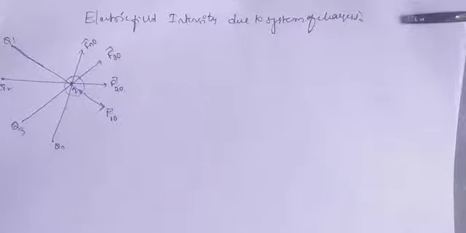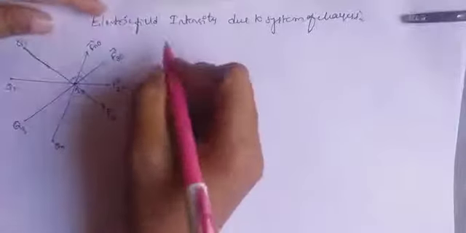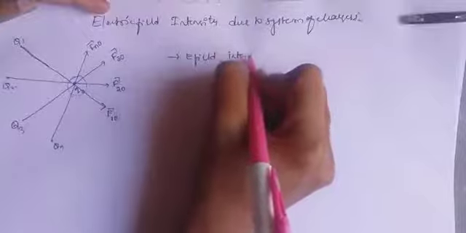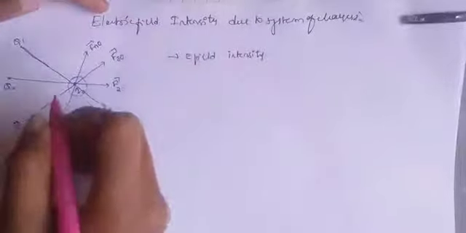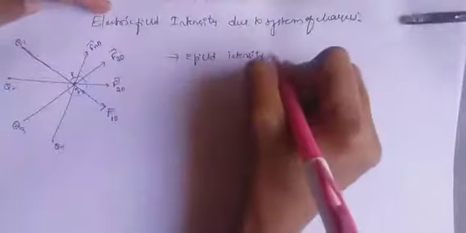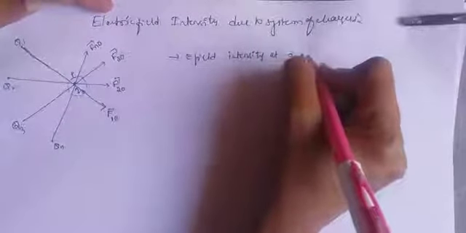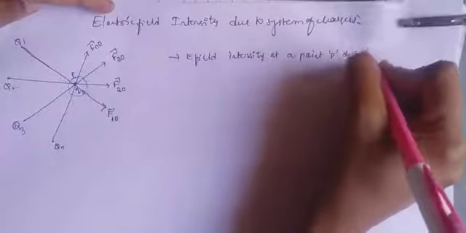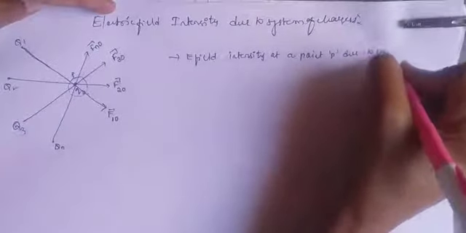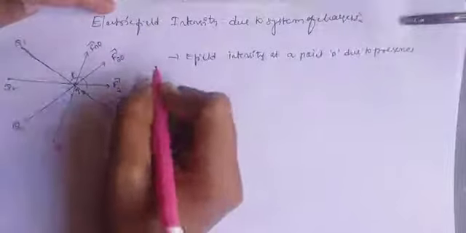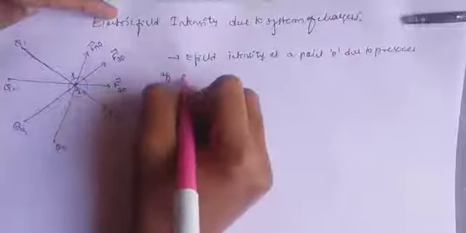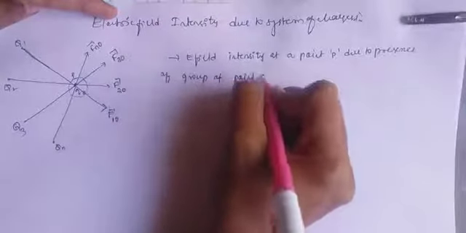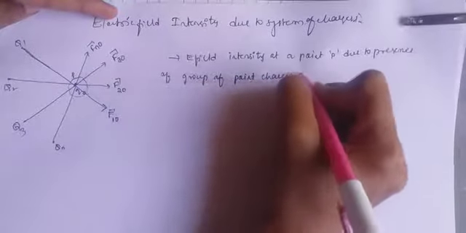Let us consider this is a point P. So the electric field intensity at point P due to the presence of a group of point charges, or source charges,